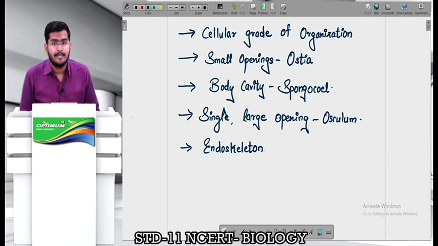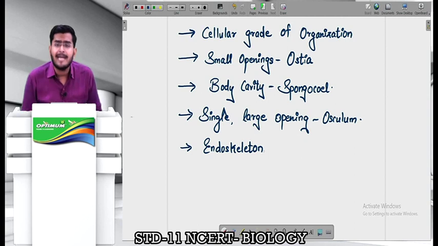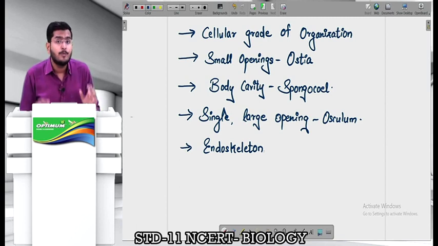Another good example of exoskeleton would be cockroaches. If you look at cockroaches, they have a very tough body covering which is made up of a nitrogenous polysaccharide called chitin. This makes such a tough body covering that even if you attack cockroaches, you will see that they are able to sustain that attack. You know why they are able to sustain that attack? They are able to sustain it because of this tough exoskeleton material, chitin, which protects their internal body organs. So there could be exoskeleton, there could be endoskeleton.